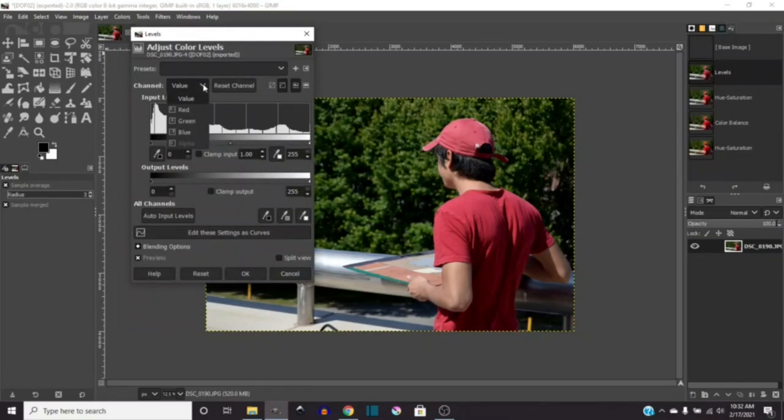This lets us play around with the three components, red, green, and blue, as well as alpha. That doesn't apply to us right now, so it's grayed out, where I can't even click on it. Alpha is the name for the transparent color. And in our photograph, we don't have any alpha, so there's no need to even worry about that. But if I click on any of these, now I've got this set to red,